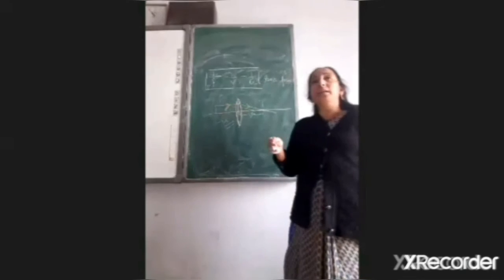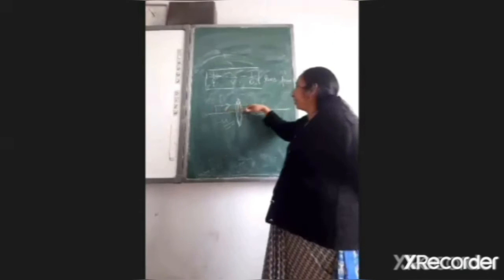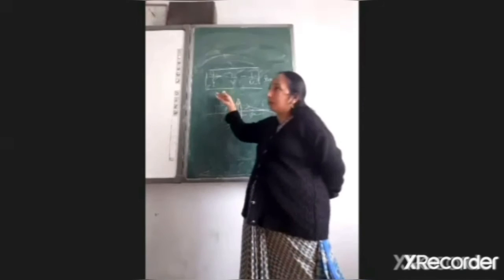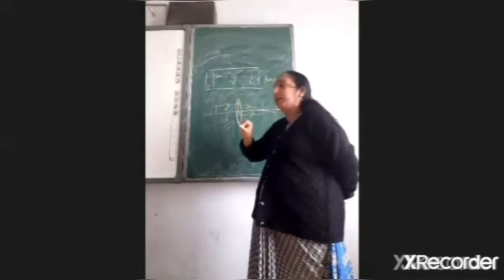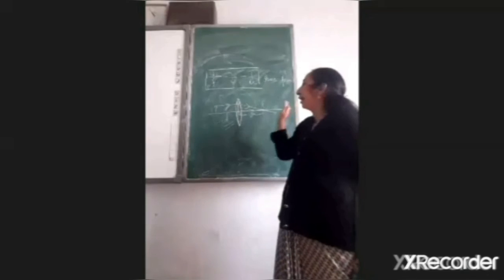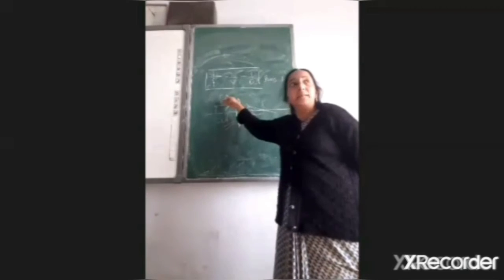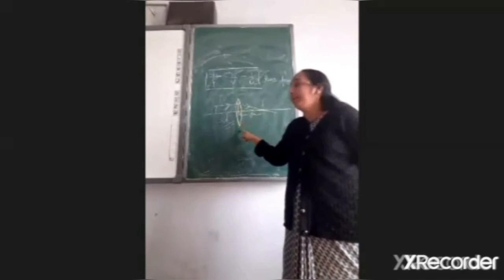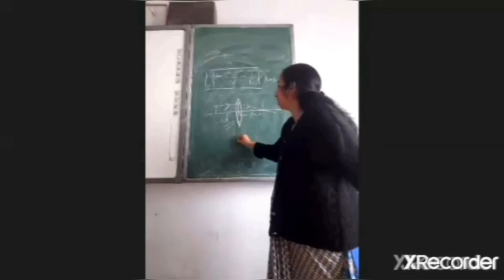Now for the height. height के लिए क्या करना है आपको? अगर आपकी प्रिंसिपल एक्सिस के ऊपर आपकी लेंथ है, then you have to take it as positive. और इसके नीचे अगर आपको लेना है, either you will get here or you will get here. If you are taking below this principal axis, that means you have to take as negative. If above this principal axis you have to take as positive, below this principal axis you have to take as negative height. Okay, we have another formula here, magnification formula.